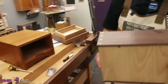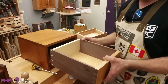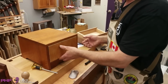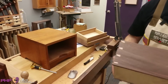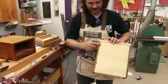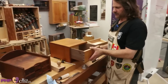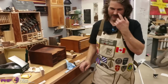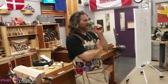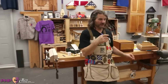Then when I'm done building the drawer, when that fits nicely, meaning no side-to-side slop, but no resistance, and it just fits in there, front to back, doesn't bind, then I'll go ahead and I'll wax all of this. So I'll wax this surface, and this surface, and that'll make it fit even better. But if you've got a sticky point, like Jake said, if it's a sticky point, that means there's a discrepancy somewhere in the width of the opening or the width of the drawer, and you've got to go in and cure that